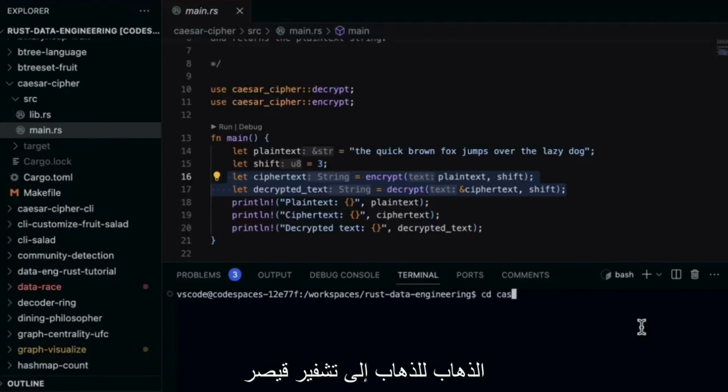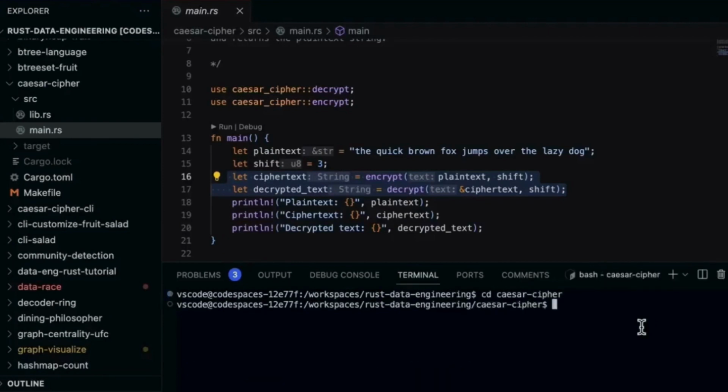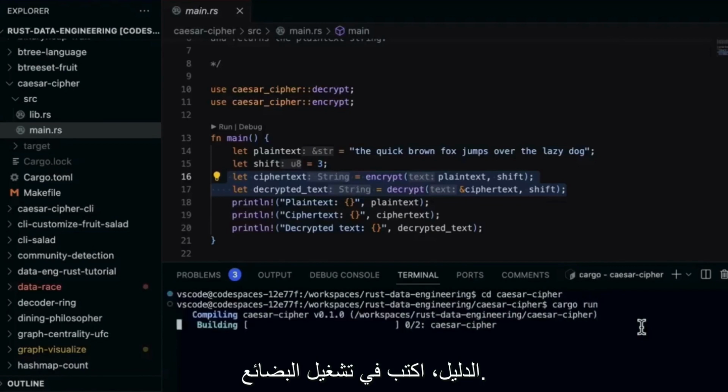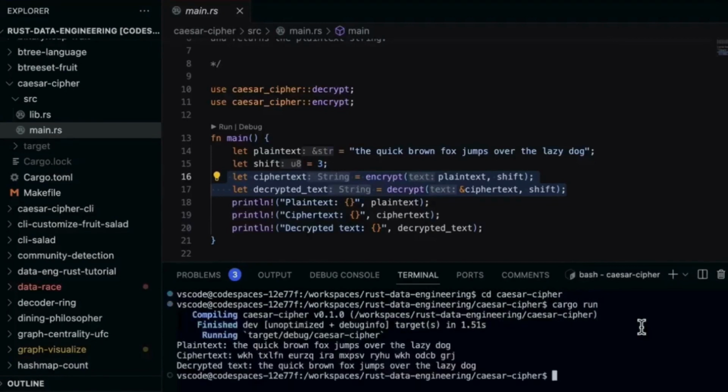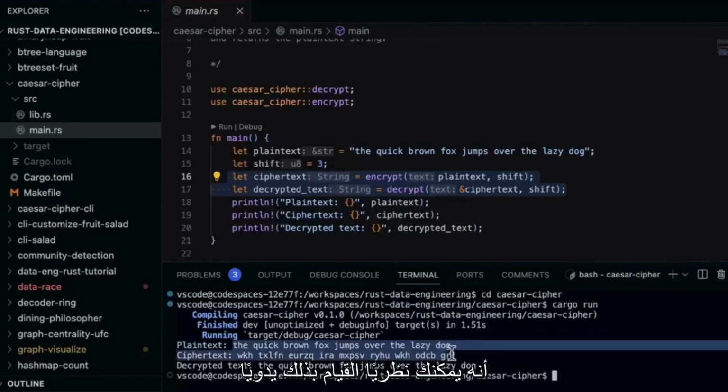I'm going to go into the Caesar cipher directory, type in cargo run. Now we can see here the quick brown fox jumps over the lazy dog. It has been shifted, right? So if we know that there's three letters difference, it's going to be T to U, V to W, right? And so we can see here that you could, in theory, do this by hand if you knew what the shift value was